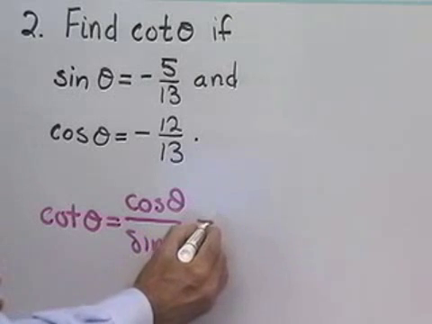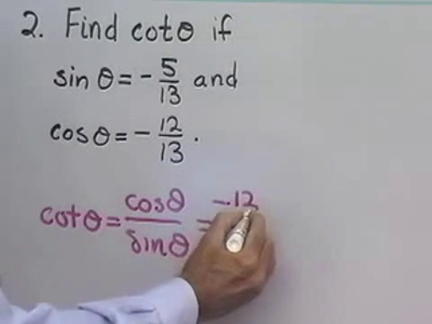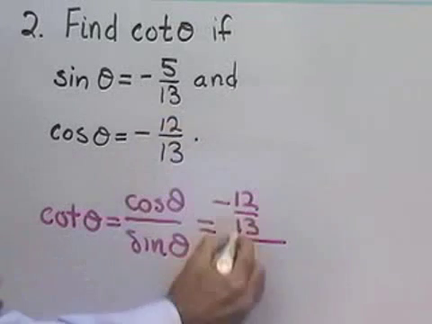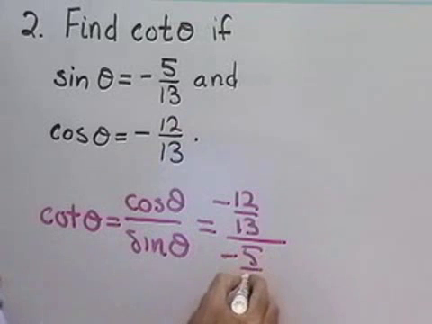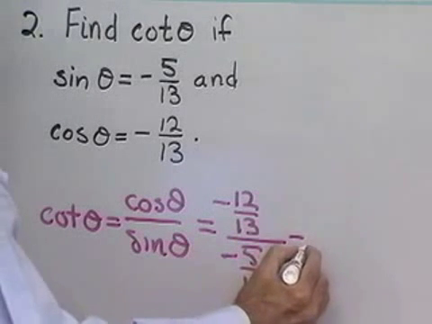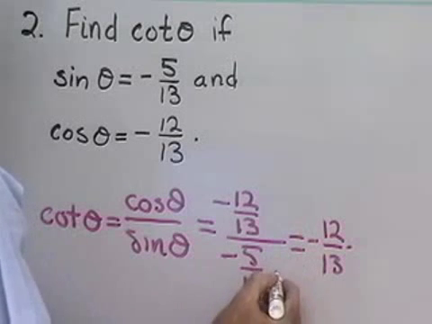In this case, cosine theta is negative 12/13, and sine theta is equal to negative 5/13. So I end up with negative 12/13 divided by negative 5/13, which is going to be negative 12/13 times the reciprocal of 5/13, which is negative